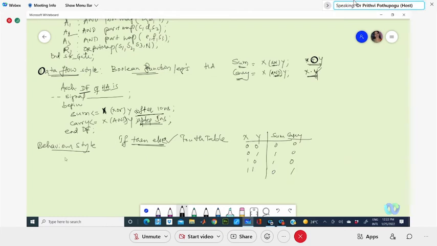How do you write this? Your entity, everything is the same. Here the architecture, say behavior of half adder is, that is your statement.